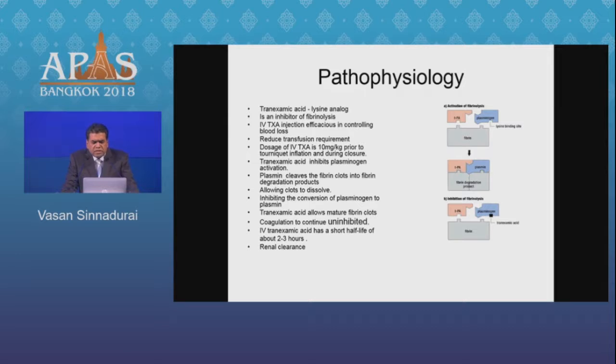Tranexamic acid is a lysine analog. It's an inhibitor of fibrinolysis. IV tranexamic acid is efficacious in controlling blood loss. It reduces the transfusion requirement. The dose that I use, or rather that has been recommended, is 10 milligrams per kg body weight, or otherwise 1 gram per dose. Tranexamic acid inhibits plasminogen activation, and the plasmin cleaves the fibrin clots